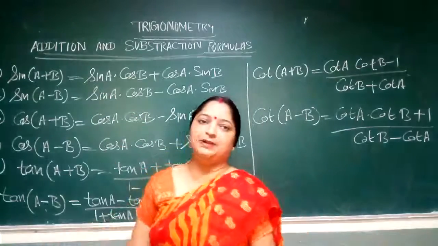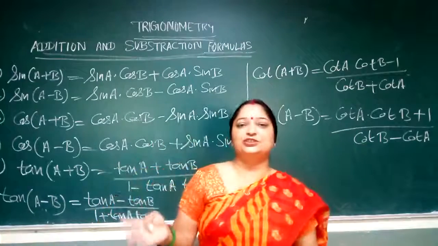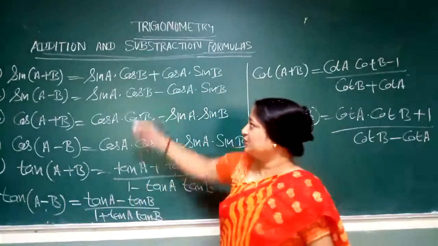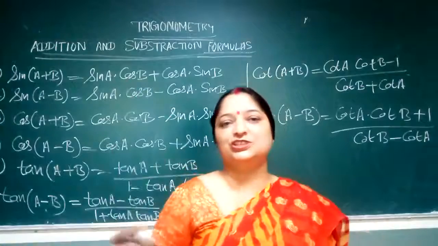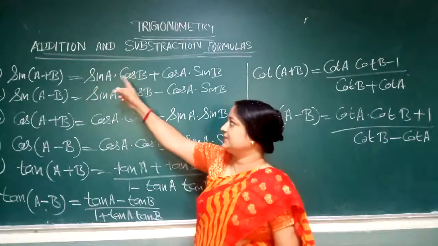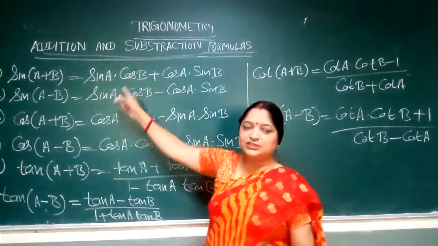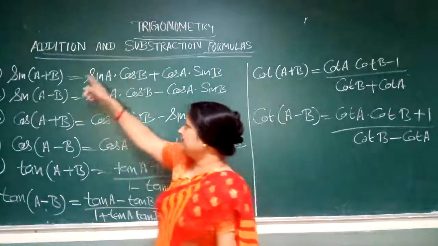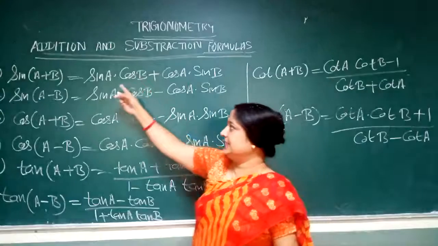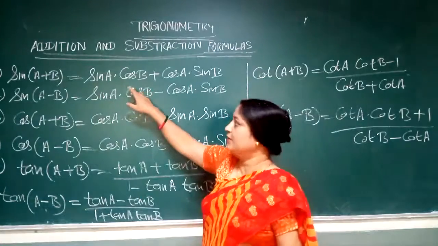Now sin a plus b. S stands for sun. So you know that the sun is there, and the sun wants some help. Cos is there, and cos means boss. So sin is taking the help of cos, meaning the sun is taking the help of the boss. So that's why sin of a plus b is sin a into cos b plus cos a into sin b. This is the memory tip for how you can learn these formulas.